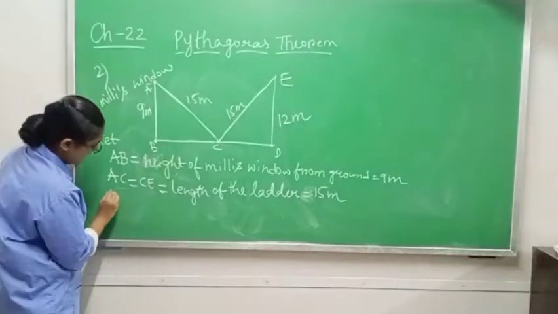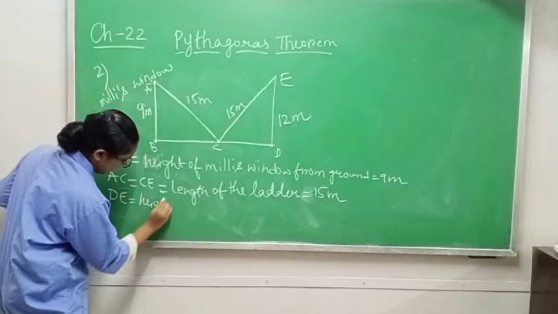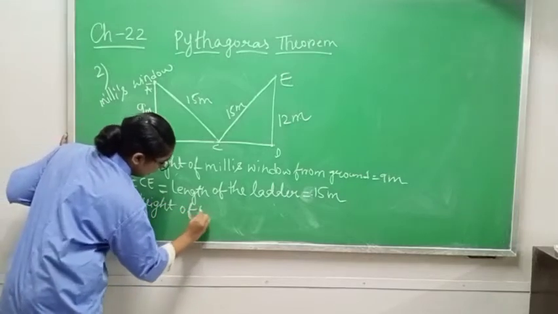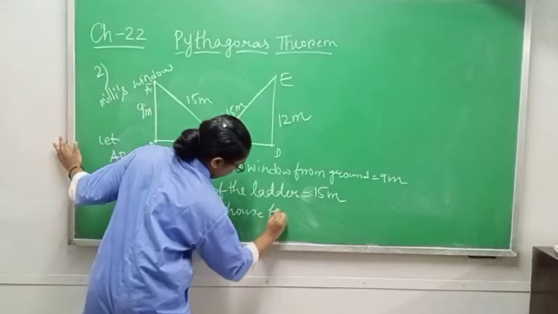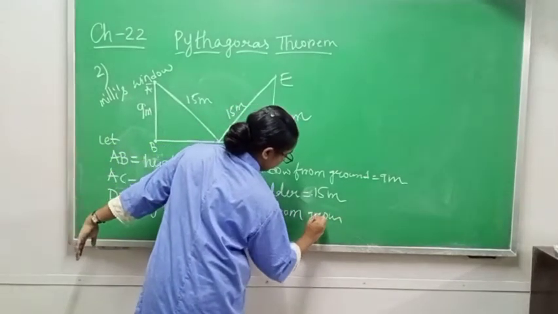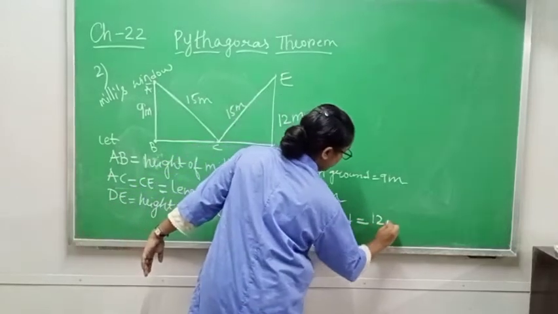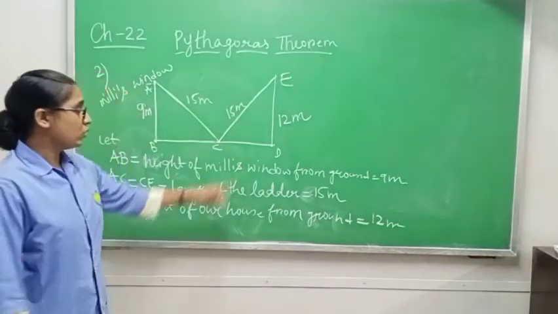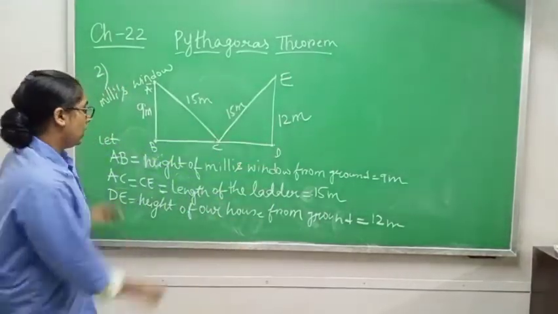Okay, DE is equal to the height of our house from the ground, which is equal to 12 meter. So DE is the height of our house from the ground. Now BD